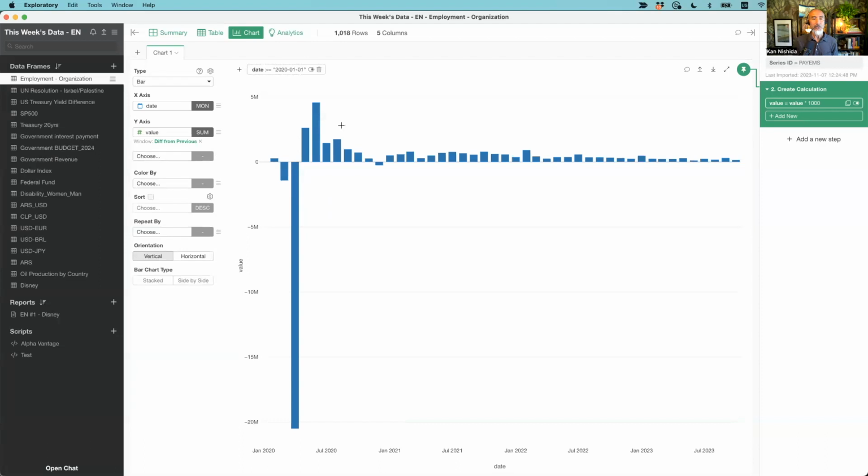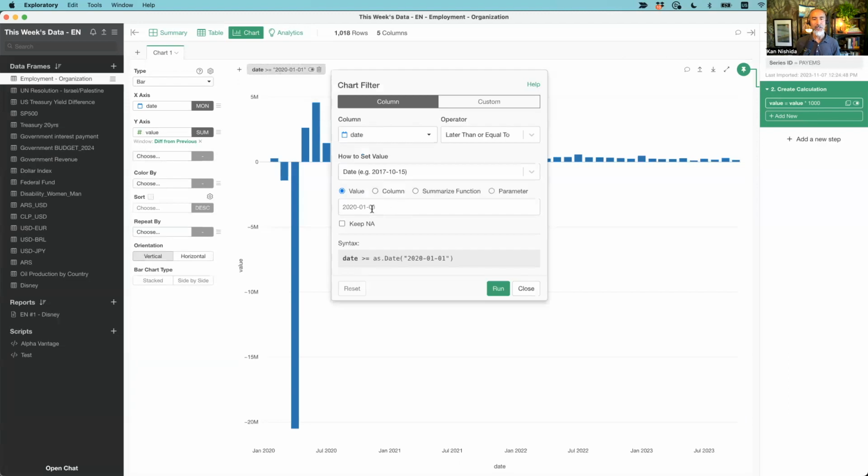This time though, I want to focus on after this COVID shock. By the way, around this time there was the last recession, right? So I want to focus on that. Maybe let's go from July 2020 and see the trend better. Right now it's 0101, so I'm going to change it to 0701, so it's from July.